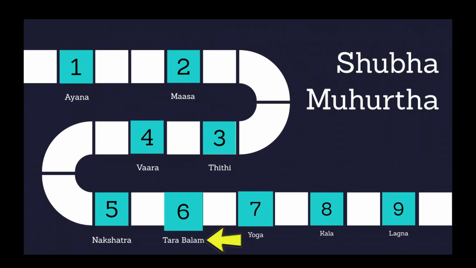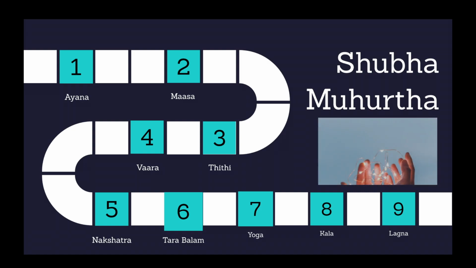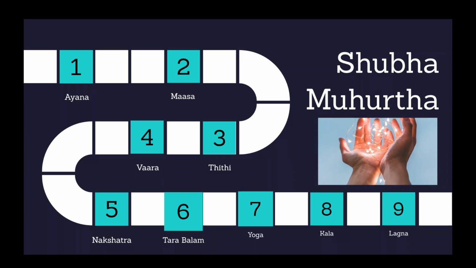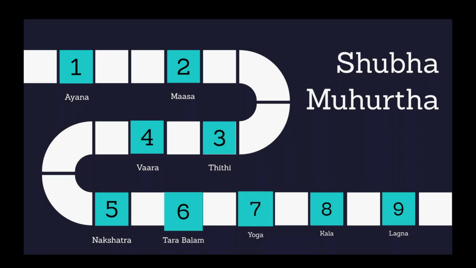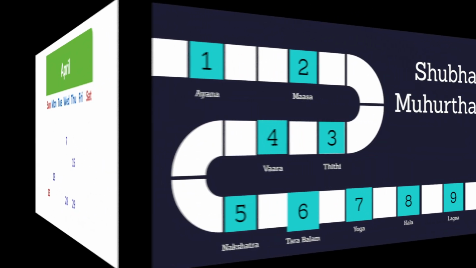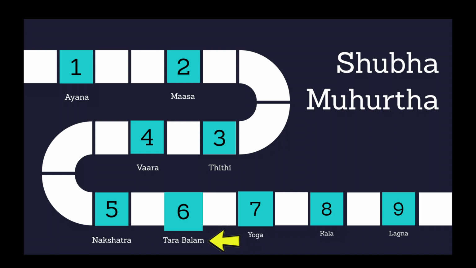This is one of the important steps to check in Shubha Muhurta. The whole process of finding out the right Muhurta is to give us good returns from the event. So, isn't it logical that ultimately the Muhurta should be in our favor? This is where the beauty of Jyotish Shastram is seen. By step 5, we have narrowed down the favorable dates. In step 6, we check if the nakshatras on those dates are indeed going to work for us.